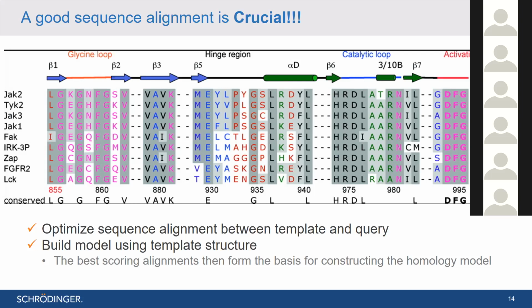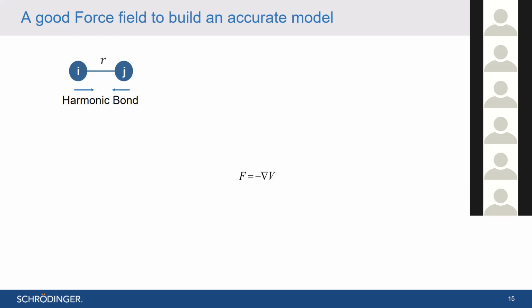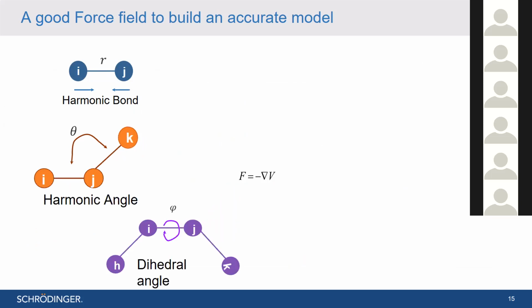So that's why the biological activity of the ligand is also critical in such cases. Once you have that good template structure and good sequence available, the next critical thing is the force field, because as I said, the force field governs all types of bonded and non-bonded interactions. Whenever two atoms are bound to each other, it is a harmonic bond, and if three atoms are there,